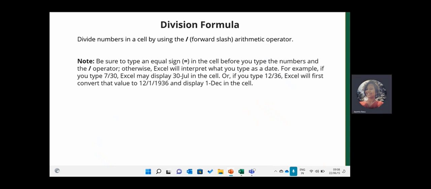Now, how do you divide the numbers in a cell? You divide the numbers in a cell by using the forward slash. Let's say for example, you have to take a larger number and you want to divide it with the other number. You can simply write equals to this divided by this number, and you will get the answer, right? It's not that you have to also select a cell there. No, you will be able to divide any numbers with any numbers